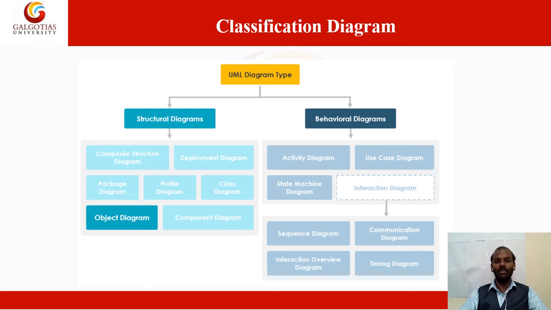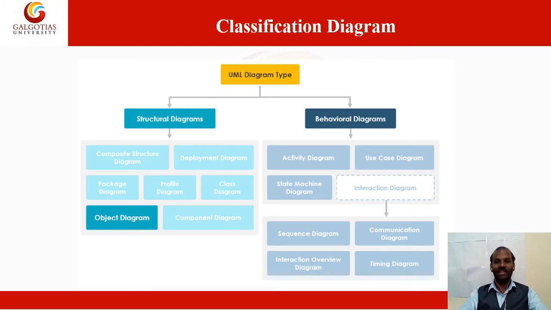Now coming to the behavioral diagram. The behavioral diagram has the activity, use case, and state machine diagrams. These three things are used to check the behavior of the system. If I give some input, it will change the output and it will redefine or fine-tune it, and based upon that the behavior will change.